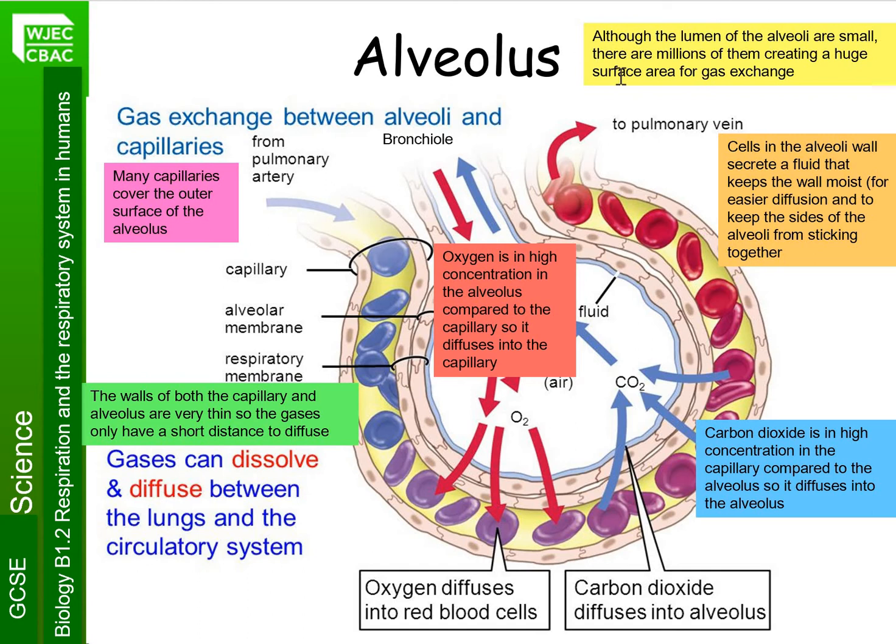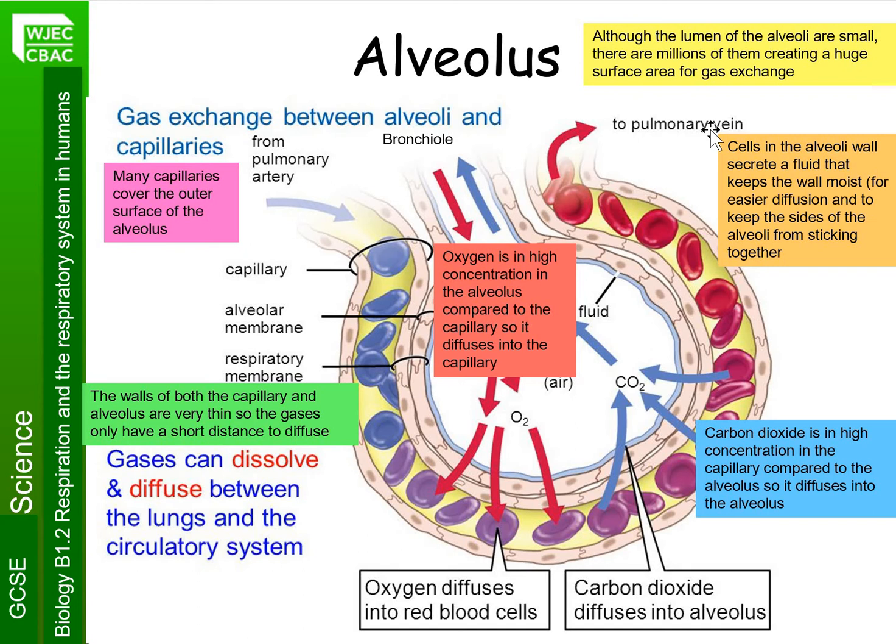So up the top here, we can see in this yellow box, this is the first key feature. Although the lumen is the hole in the middle of the alveolus, this part here, even though the lumen is very small, there are millions of these alveoli, creating a huge surface area for gas exchange. And the example we often use with students, just to give you an idea of how much area there is for gas exchange in your lungs, despite your lungs really only being about the size of rugby balls,